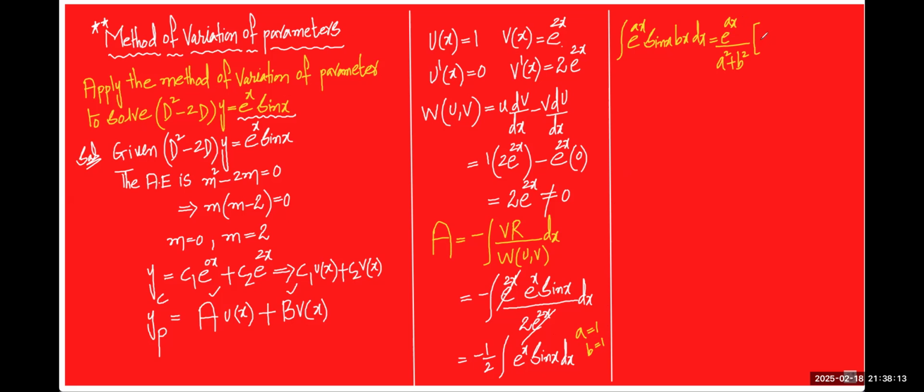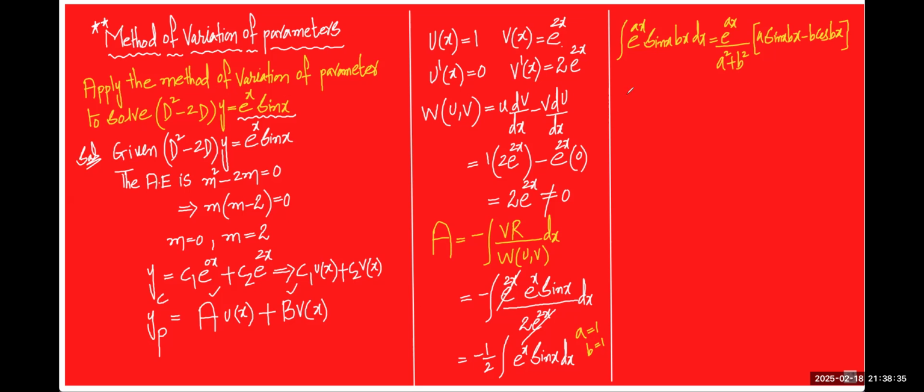A sin bx minus b cos bx. And then if you put the values, to get the answer of this one, to get the value of